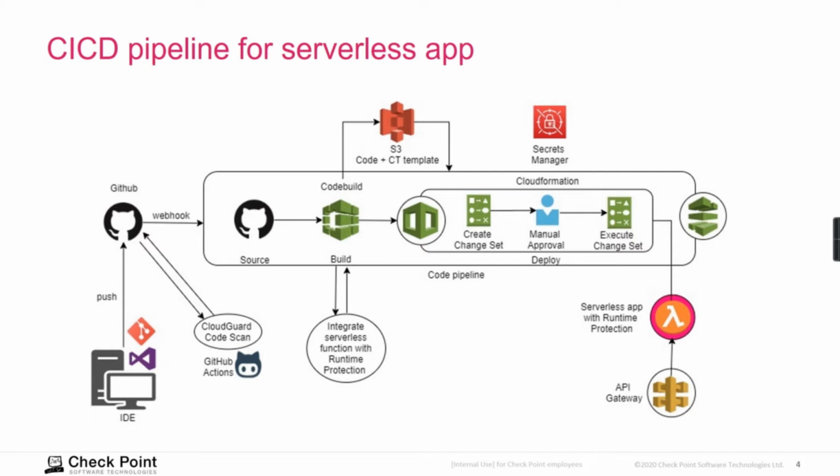convert the CloudFormation template to a template that has a Check Point runtime protection built into it, and then convert that template from a SAM template format to that of a standard CloudFormation template format. Not much else build work here. Once that is done and triggered, the code and the converted templates are stored in S3, and this triggers the